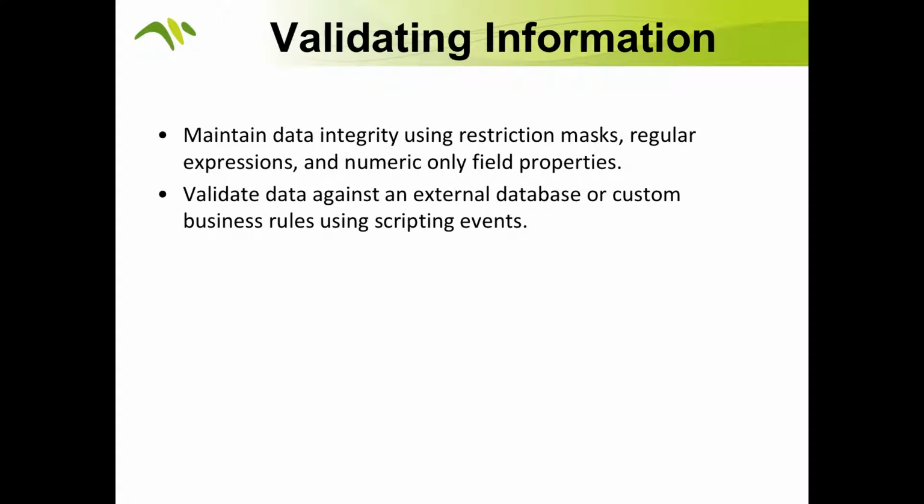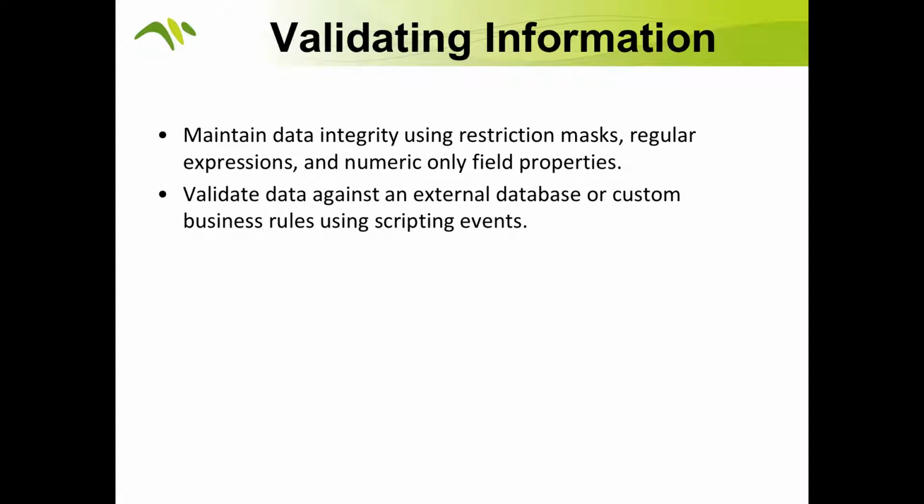Finally, we'll validate the information prior to releasing it to whatever back-end system is involved, because data hygiene is critical. To eliminate rework and the potential for mistakes, we have to deliver good quality data to those back-end systems and workflows. So validation is meant to maintain data integrity. We use restriction masks. So for example, if it's a PO number, as I mentioned earlier, and it matched a certain pattern, we would restrict the key operator from keying in something other than that expected pattern. We can do this through regular expressions and numeric-only field properties. And as I said, we can